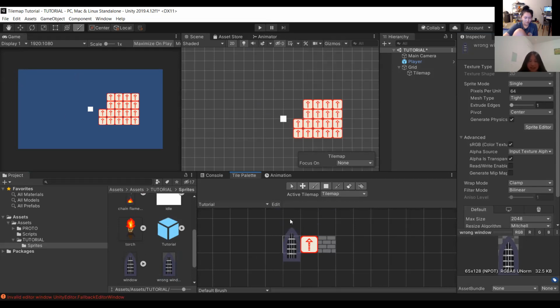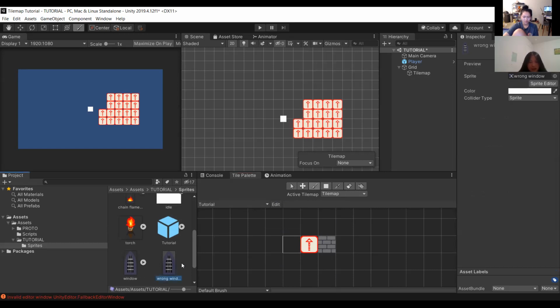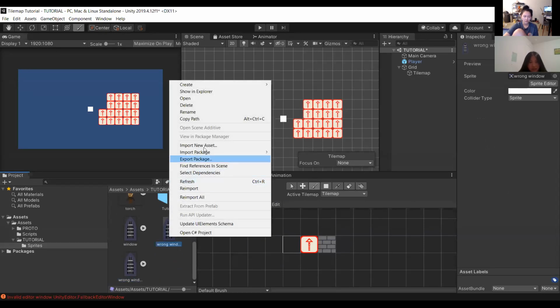How you can delete things from your tile palette is you see the little edit button here. It should be next to the name of your tile palette. You want to click on it, and then click on the erase button and just erase it. You can also shift click if you're on the brush button. Here is also where you can paint within the tile palette, although I don't see you ever having any reason to do that. But that's how you edit the tile palette. That's how you delete things. So one way that you can fix the window being at the wrong place.